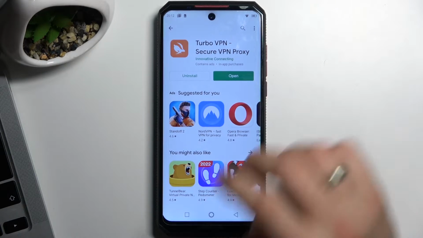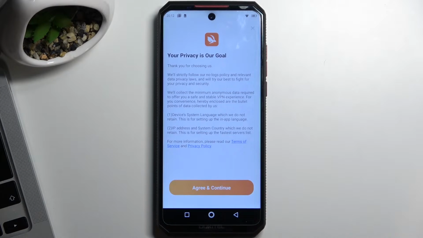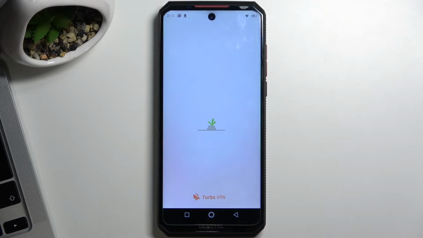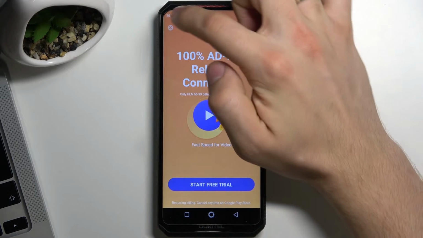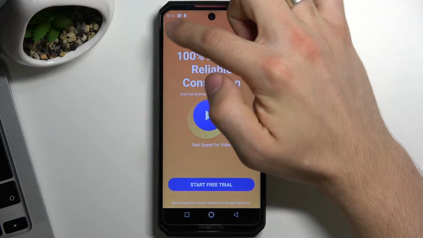Click open, click agree and continue, click on the cross on the left top corner,